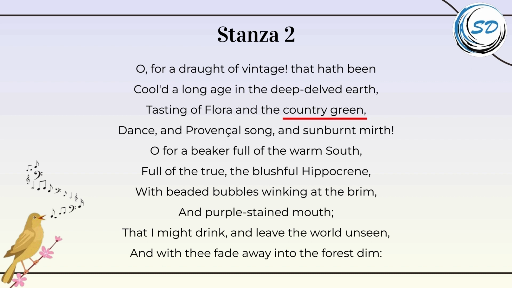Country green refers to the lush, green countryside. Provençal song is a song or poetry originating from Provence, a region in southeastern France known for its rich cultural heritage. The phrase sunburnt mirth refers to the joy and happiness associated with the warm and sunny climate of the south. Hippocrene is a fountain on Mount Helicon in Greek mythology, believed to be the source of poetic inspiration when